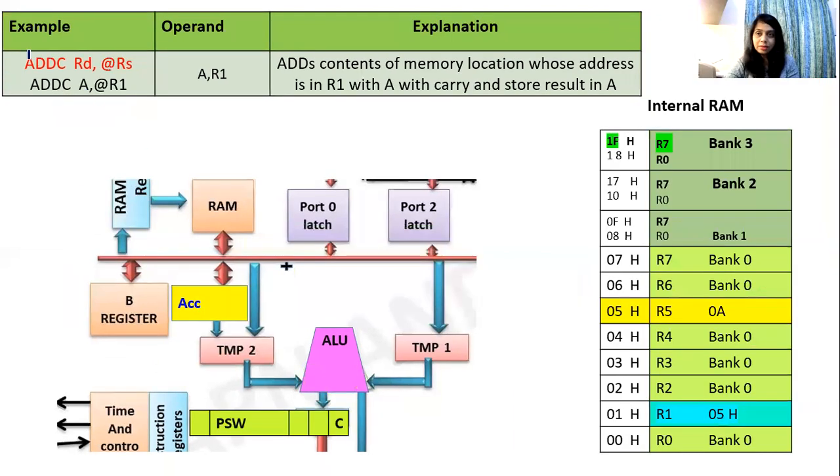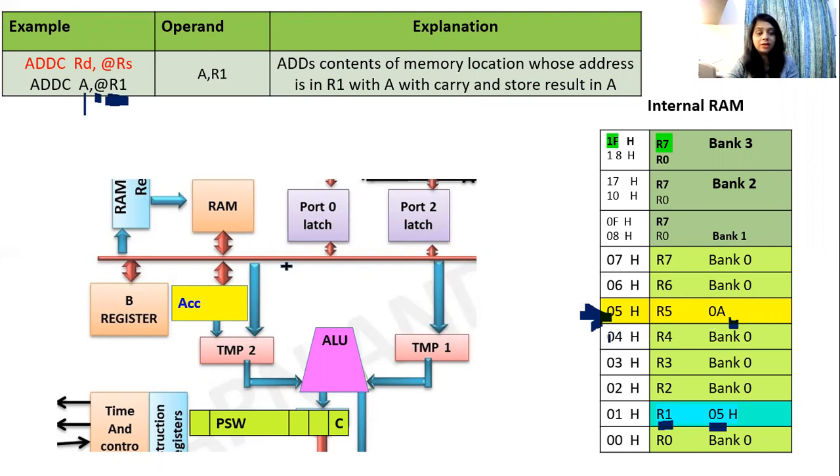Now next, same instruction, but now it is add with carry. Add contents of accumulator with the contents of memory whose address is in R1. Where is R1? R1 is here. What R1 holds? R1 holds 05. So it holds the address of memory location. Where is 05? 05 is here. So this is an address of memory location. What are the contents of 05 address? The content is 0A. So this instruction will add contents of accumulator